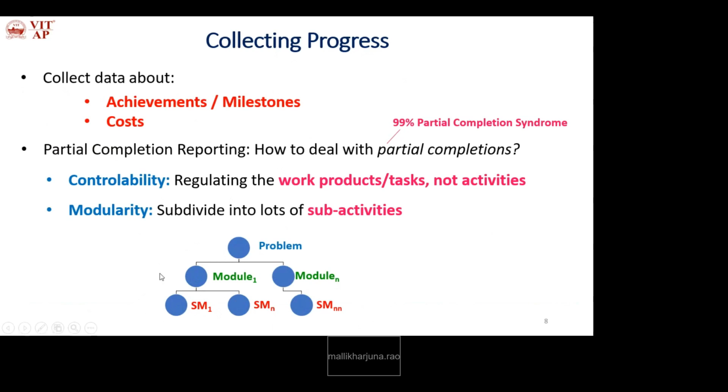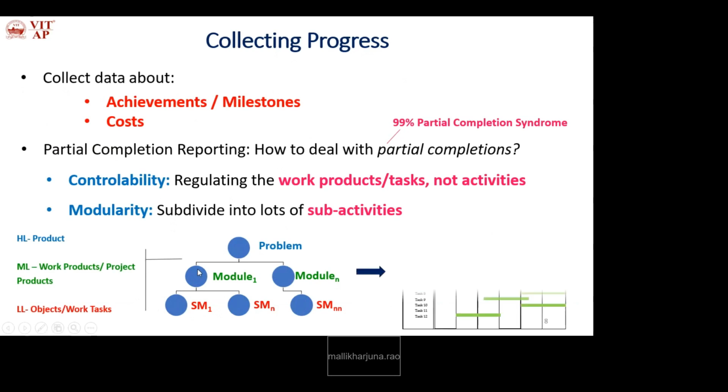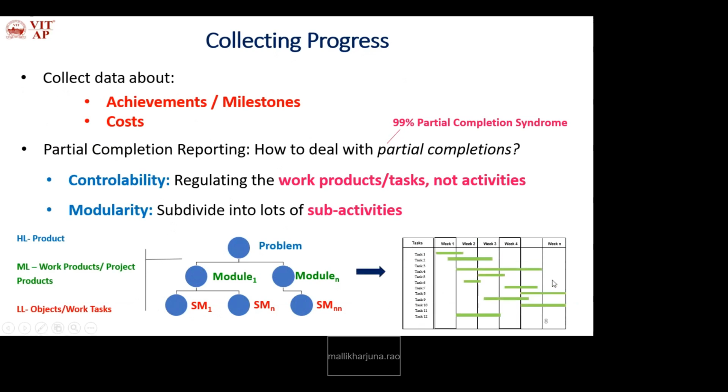So at each level, at top level, at intermediate level, at lower level, you have the achievements. That is, how many intermediate tasks are defined, lower level tasks are defined, and higher level tasks are defined. So like this, that is a schedule. Okay, what tasks are scheduled for week 1, week 2, week 3, and so on. How many tasks are finished by week 1? Okay, so that is achievements.